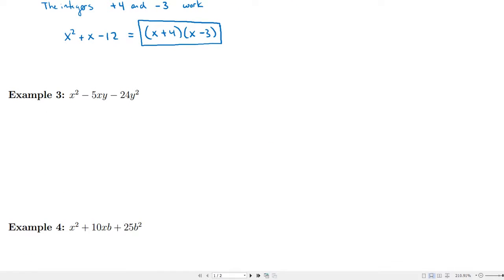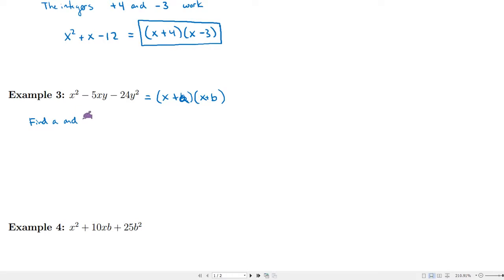Our next example still has a leading coefficient of 1, but the other coefficients have this other variable of y in them. However, we can still use the same procedure that we've been using before. So let's say that we want to factor this as x plus a times x plus b, right? Okay, so how do we do this? Well, what are the conditions? We must find